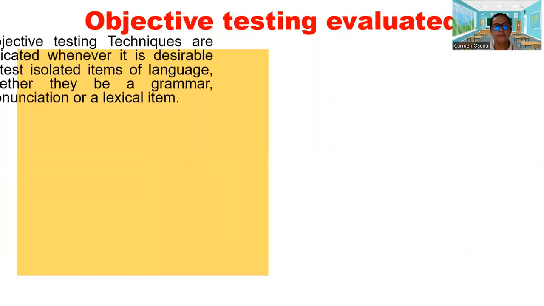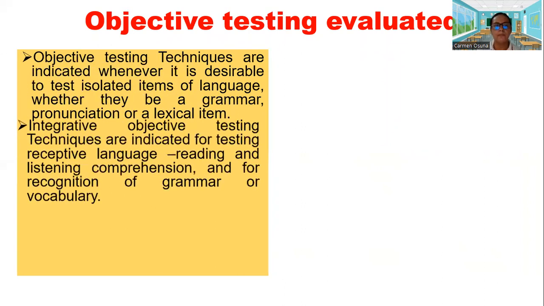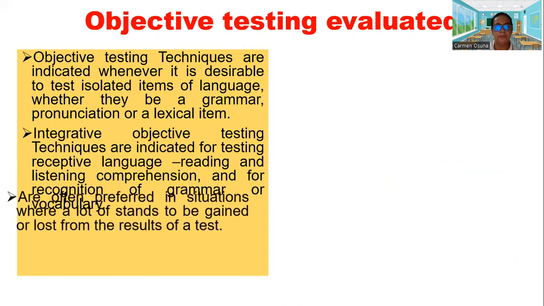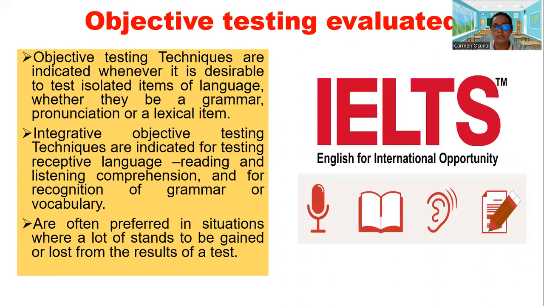Objective testing evaluated. Objective testing techniques are indicated whenever it is desirable to test isolated items of language, whether they be grammar, pronunciation, or a lexical item. Integrative objective testing techniques are indicated for testing receptive language, reading and listening comprehension, and for recognition of grammar or vocabulary. They are often preferred in situations where a lot stands to be gained or lost from the results of a test. In the IELTS,